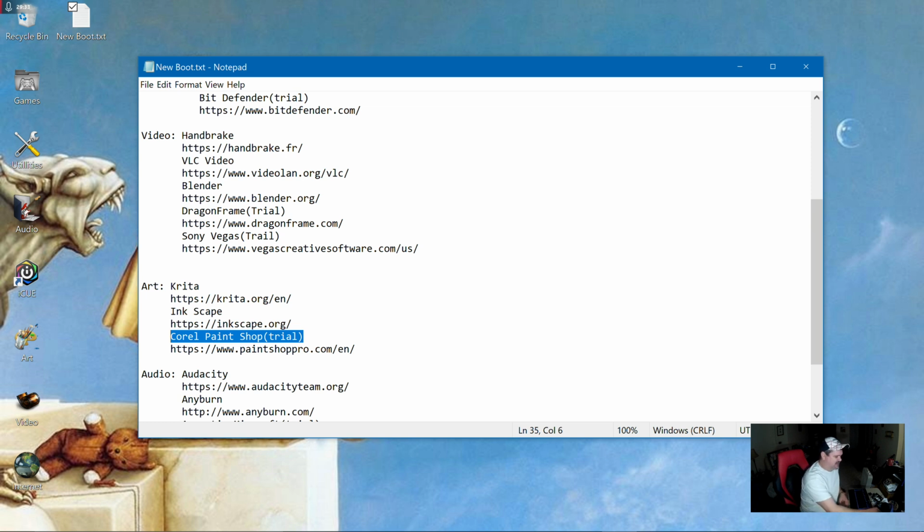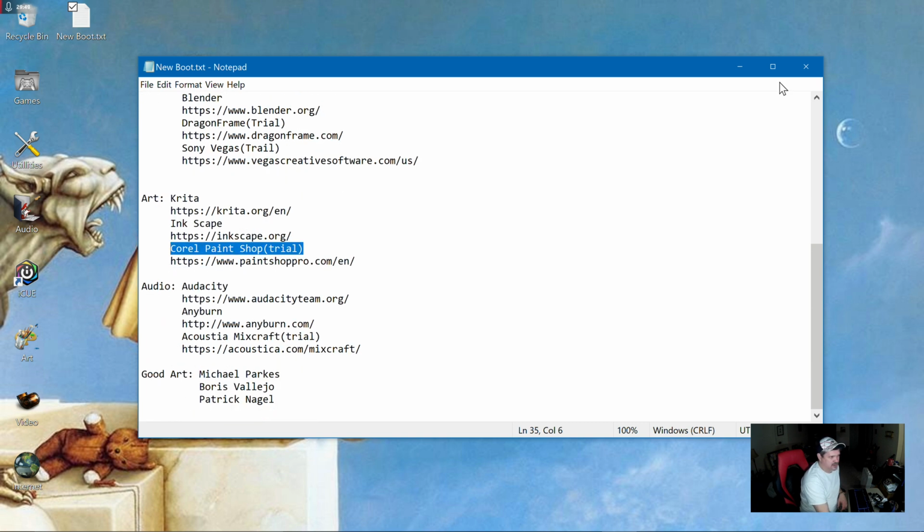Probably a little bit better than Krita as far as editing and fixing things. Works really great. Don't have time to show it to you right now. It's a complicated program. Let's move right along to